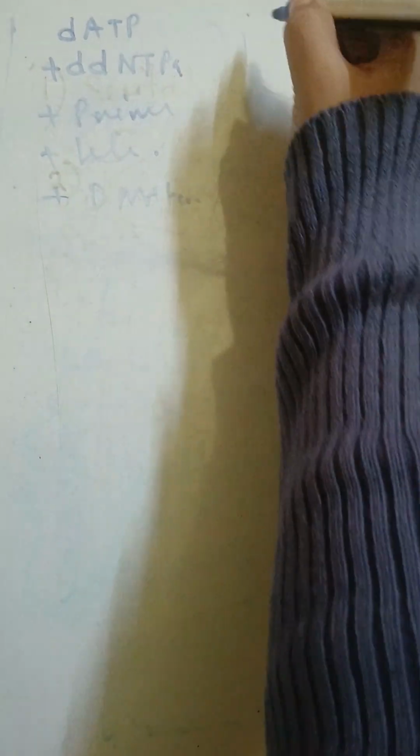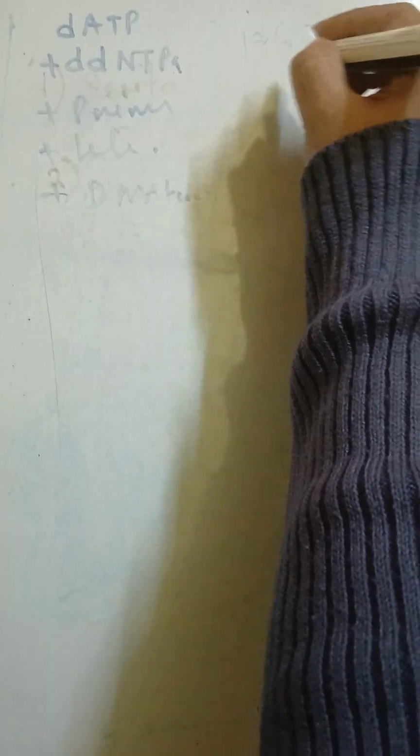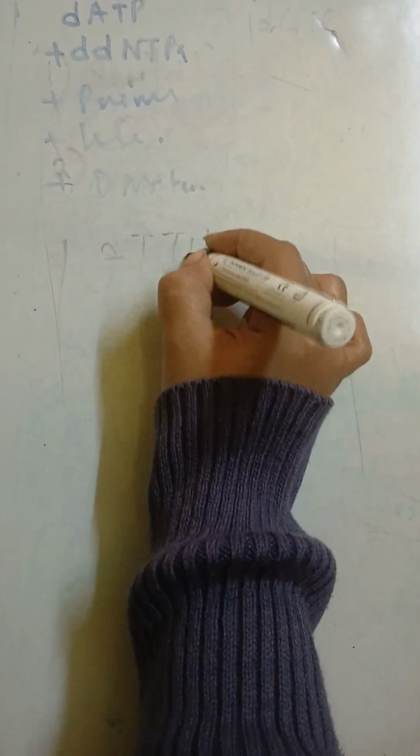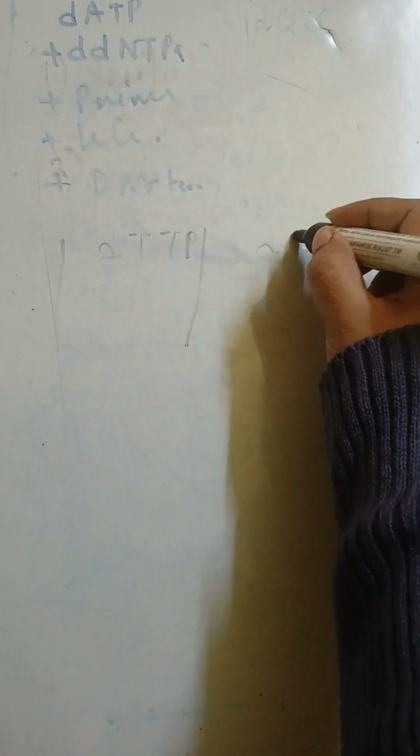In reaction mixture 2, there will be dGTP, and all these things are similar. Third one is obviously dTTP, and the rest of the components are the same. And in case of dCTP, the rest of the components are the same. So in this way, 4 reaction mixtures will be prepared, and in different reaction vessels these fragments will be produced,